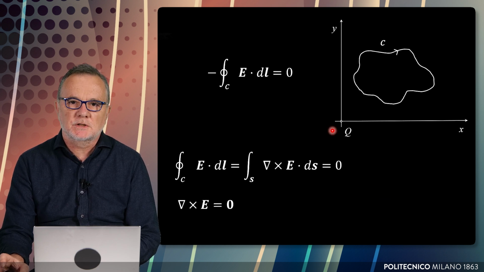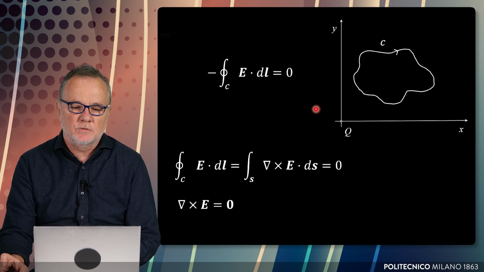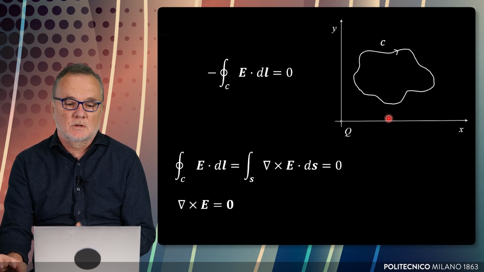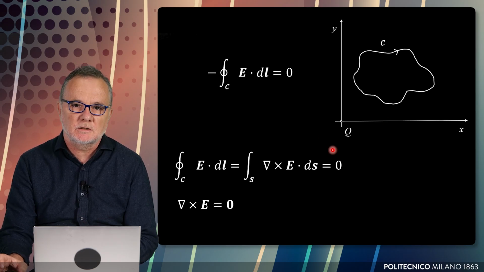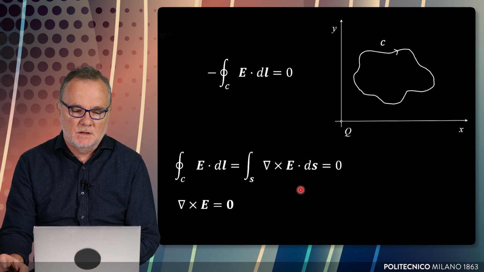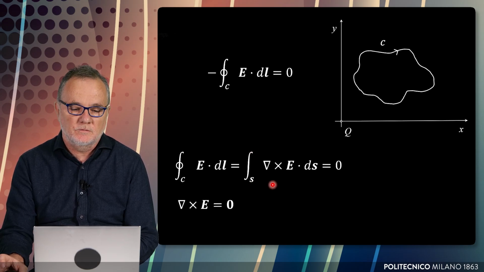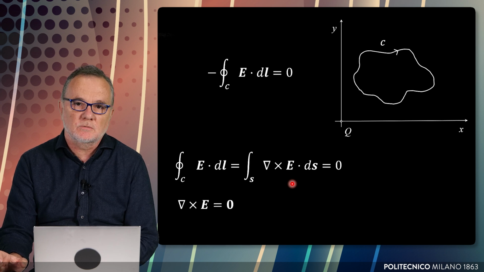We observe also that for the electrostatic field, if the loop along which we move the charge is closed, so if we move the charge along a closed boundary, a closed contour, the total line integral of the electric field is 0. Because we know that the electric field comes from the gradient of a scalar function, and this scalar function corresponds exactly to the potential function. The line integral of the electric field is in fact the flux of the curl of E through the open surface whose boundary is the closed line along which we carry out the integration.